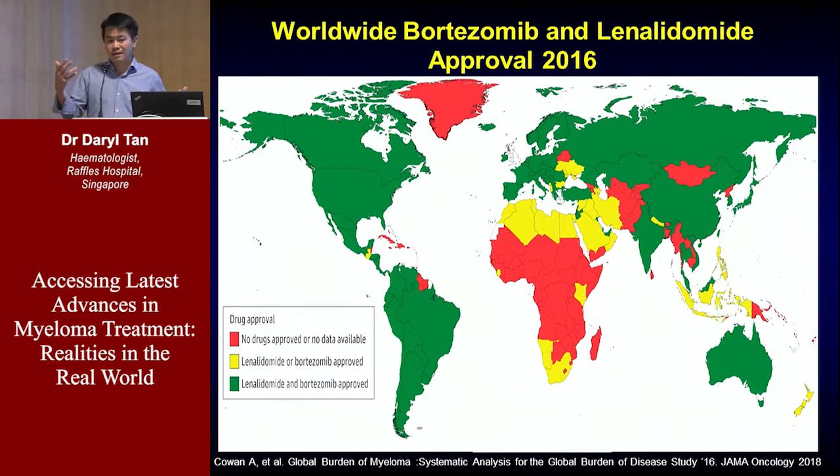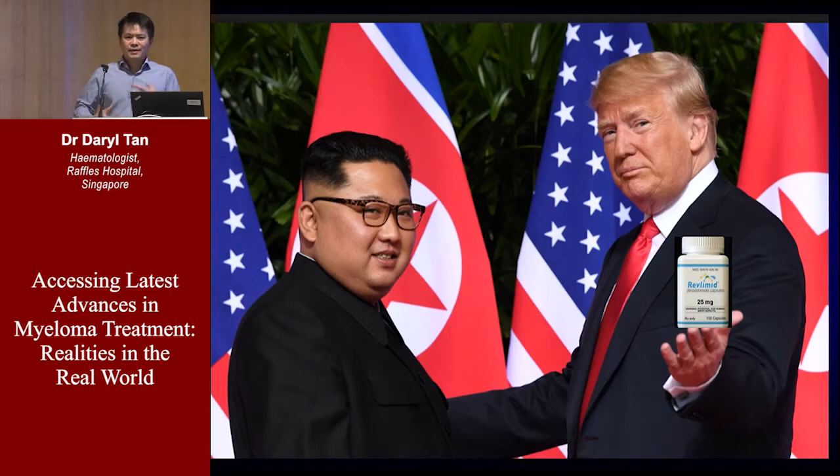These patients are still relying on conventional chemotherapy. In North Korea, for instance, no Velcade, no lenalidomide, no Revlimid. So this could have been a Nobel Peace Prize worthy moment coming out of Singapore: an American drug in exchange for denuclearization, but it wasn't meant to be, unfortunately. They have other agendas. But one major advancement in the treatment of myeloma is our ability to measure